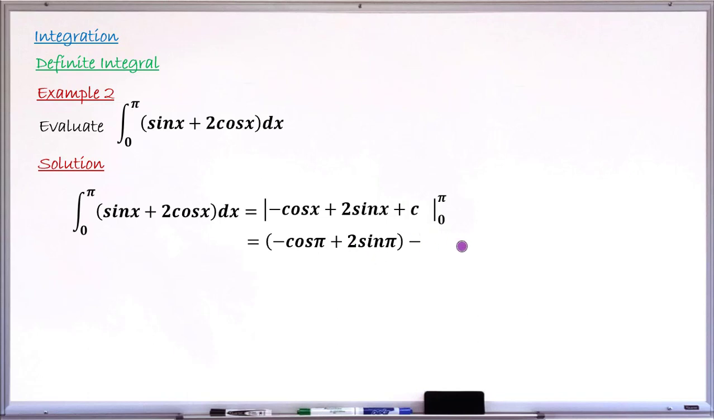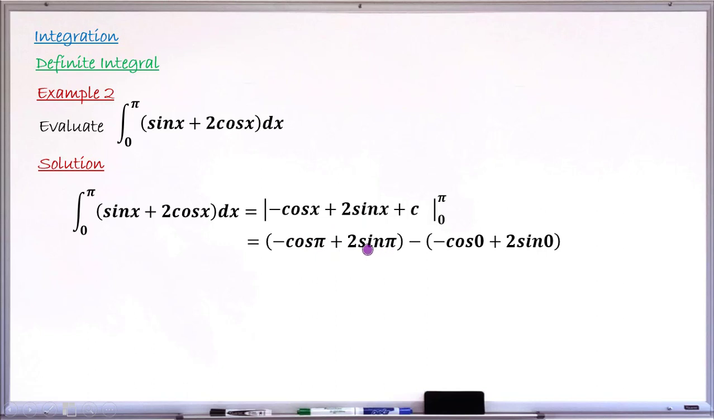So this is my f of b, that is the result after substituting the higher limit in the integral function. So substituting the lower limit now, I'm going to have minus cos 0 plus 2 sine 0. I have replaced the x here in the integral function by the lower limit, which is 0. So I continue. I'll now find what will be the value here after evaluating this cos pi and